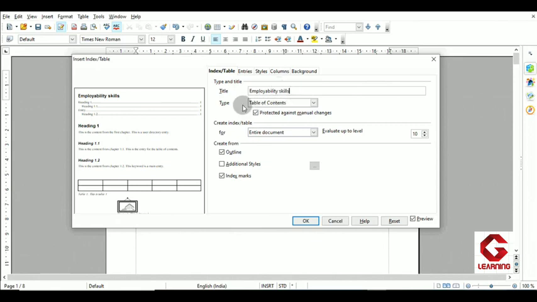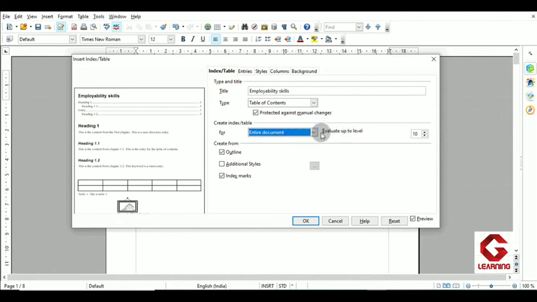Now thereafter, in the type option, we are getting one list of options, and as I'm going to create table of contents here, I have to select this table of contents option. This third one I will tell you later, but before that I will cover some more options of this index table tab. Next, as I'm going to create table of contents for my complete document, I have to select entire document. If I want to create for a chapter only, we have to select the chapter option. I am creating table of contents for the complete document, so entire document is selected here.